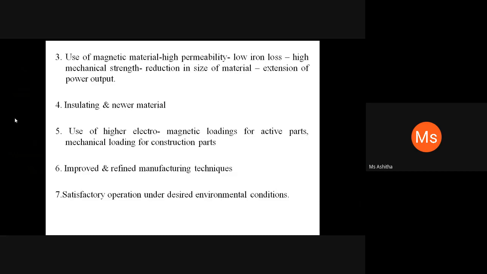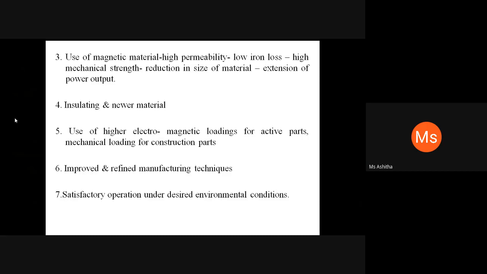And the fourth one is that significant improvement has come in the use of insulating materials and newer materials. The insulating materials are able to withstand higher temperatures, since the rating of the machines mainly depends upon the insulating material used in it. Greater outputs are possible with the use of these insulating materials, and better quality or class of insulating materials allows a smaller machine size to be used for the same output rating.